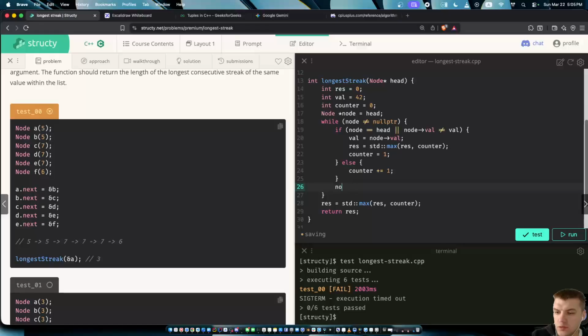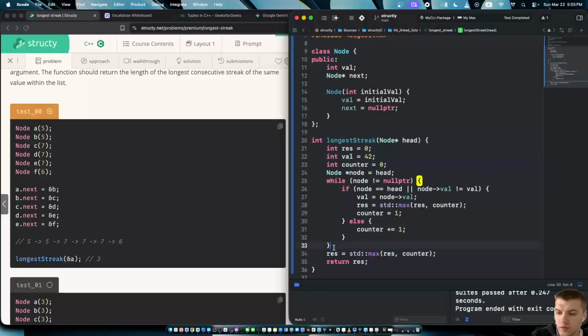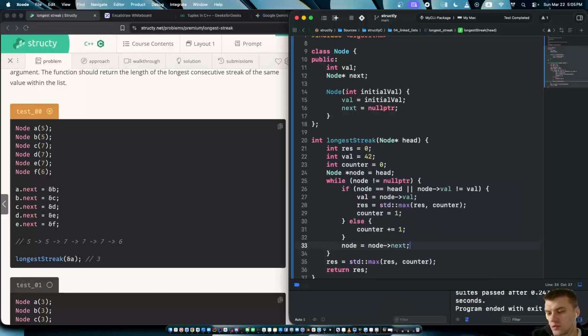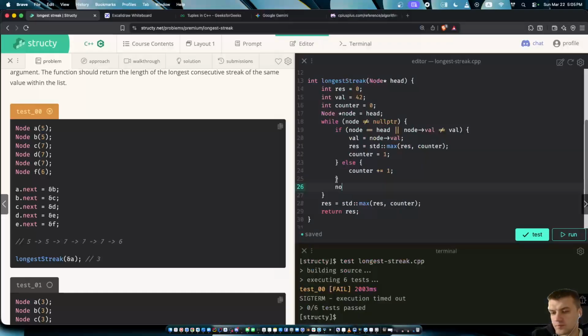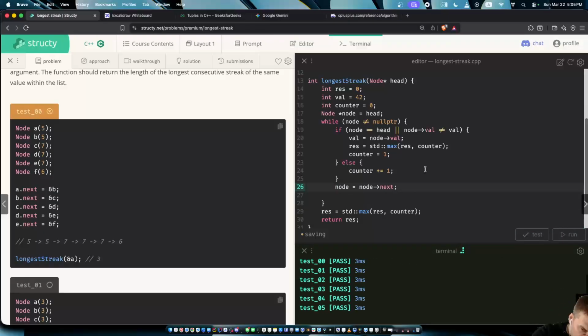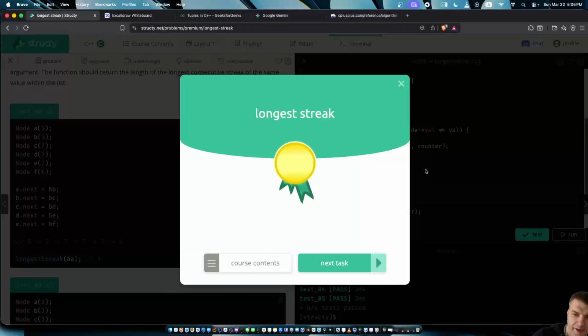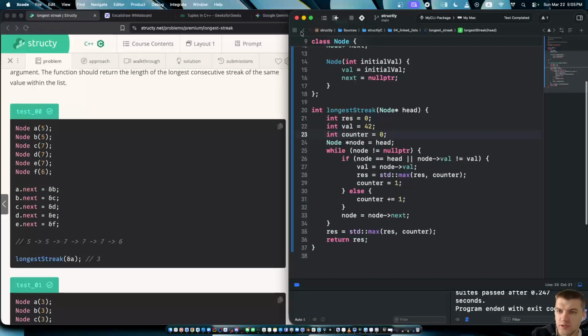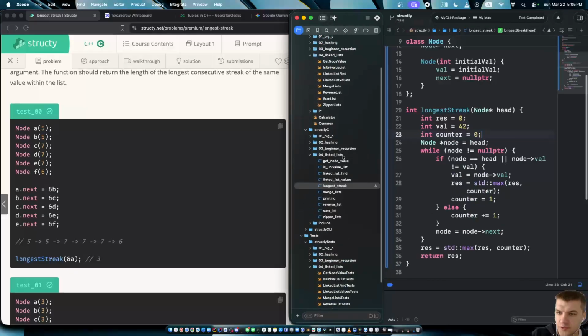Node. So here, forgot to move the node. Goes node next. Yeah. So let's do the recursive solution